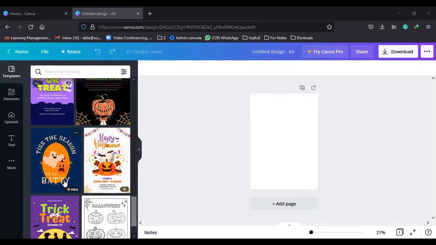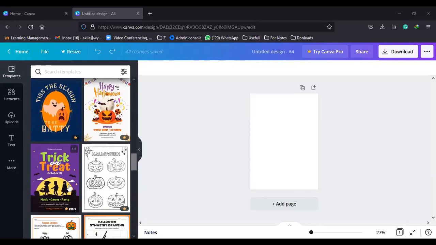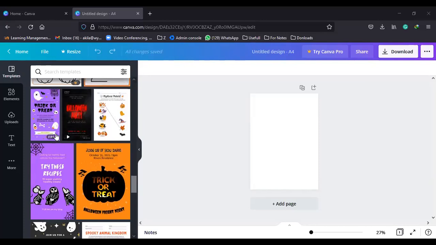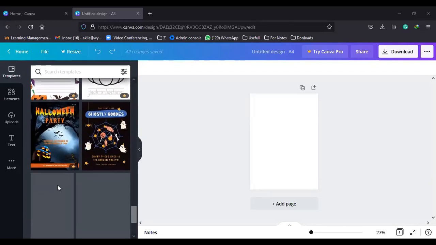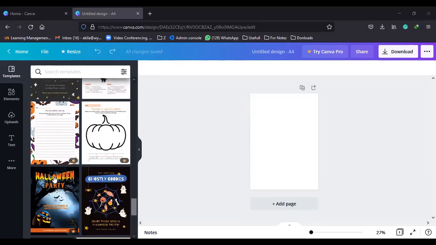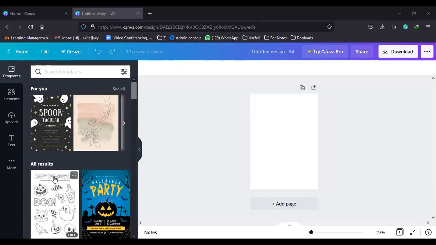These are available only for the Pro version, the paid version. So don't use them. We can use all the free ones, right? I'm not recommending using these templates and editing them. Then what you can do is create your own design, okay? Right, children. So these are templates.